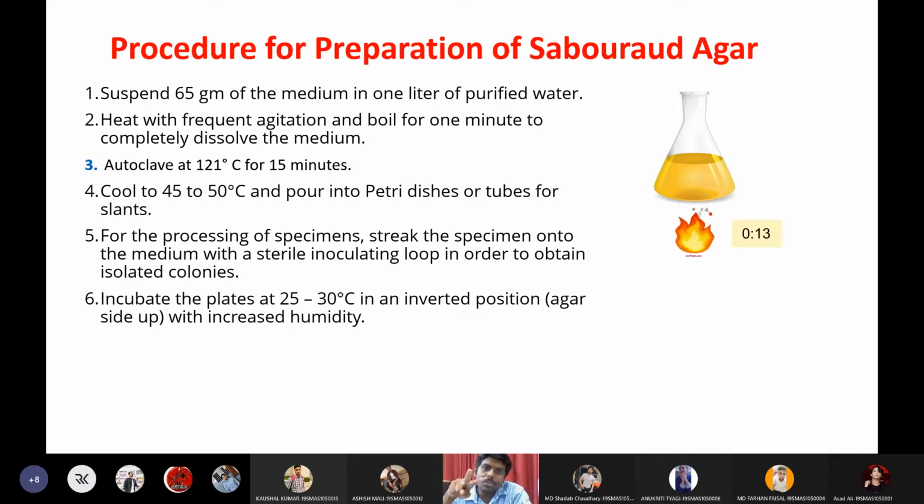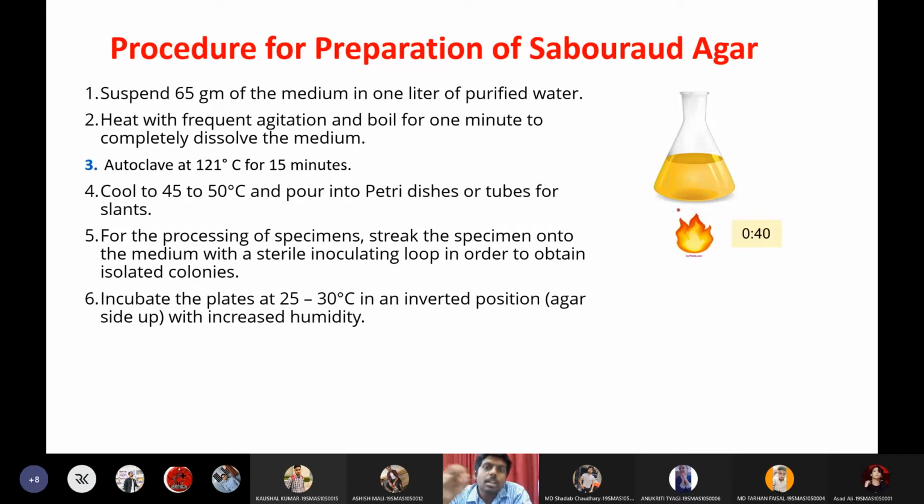Upon seeing both the types of morphology, we can conclude what type of fungus is growing in the sample. That is why all fungal samples will be incubated at 2 different temperatures. One is around 25 degrees centigrade and the other one will be around body temperature, which is around 37 to 38 degrees centigrade. Okay, so such specialized fungi are called dimorphic fungi actually. So these fungi will show dimorphism. That means they will show 2 types of morphology depending upon temperature.